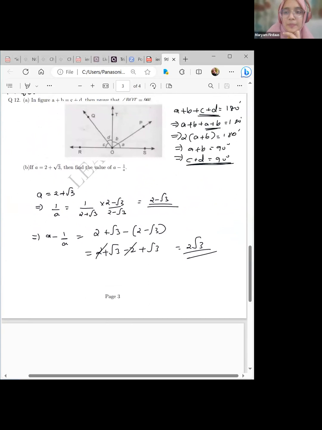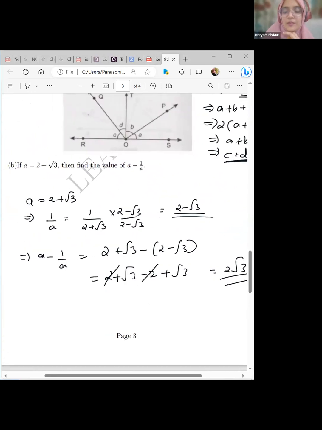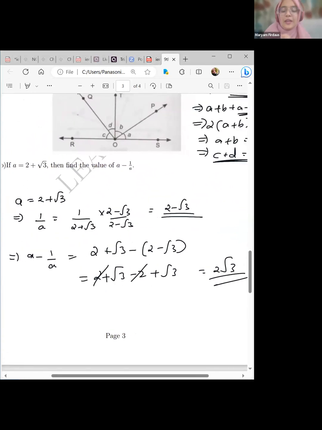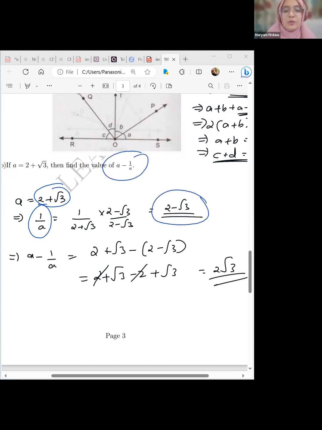Okay. Then the last one, it was this. We've done this kind of question in class before. If A equals 2 plus root 3, then find the value of A minus 1 by A. So what you're going to do first is find 1 by A, and 1 by A will be 1 by 2 plus root 3, and you will just rationalize the denominator. And after a lot of calculations, you will get 2 minus root 3. Then you will find what they are asking, A minus 1 by A. So you will just